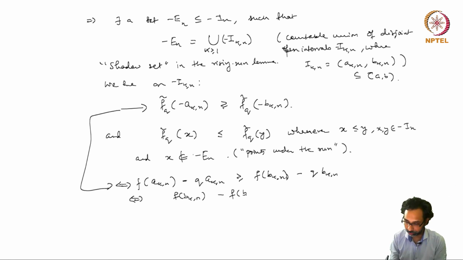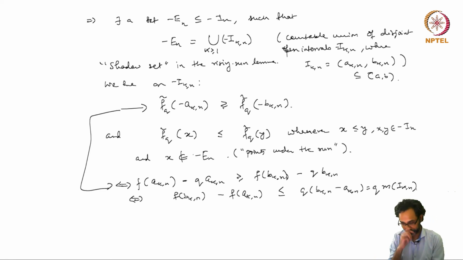So this is the same as saying that f of b_kn minus f of a_kn is less than or equal to q times b_kn minus a_kn, and this last term is nothing but the measure of I_kn. So this is the first inequality that we get,